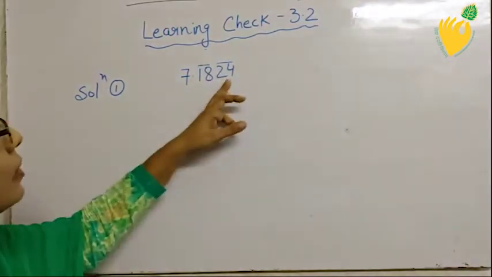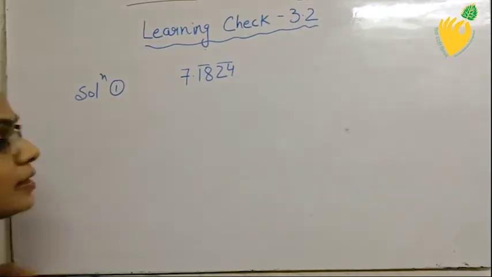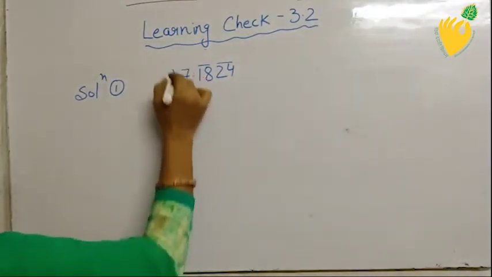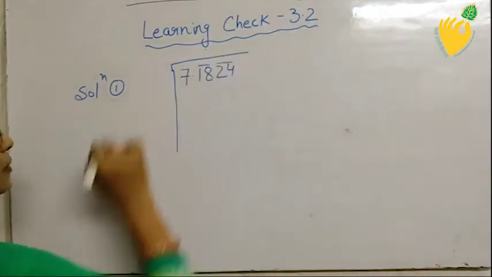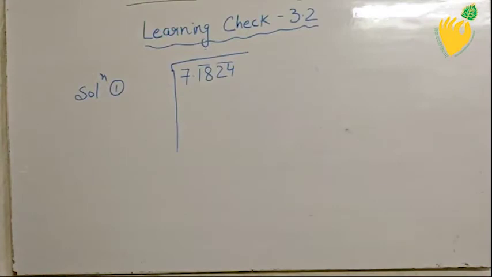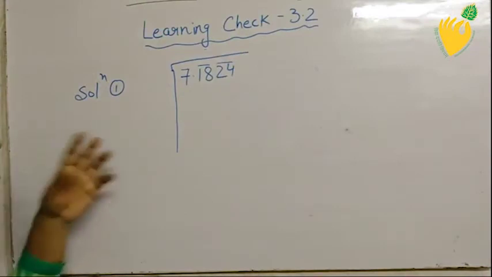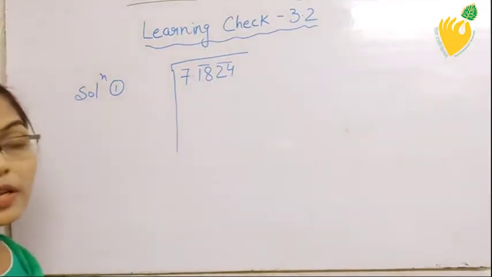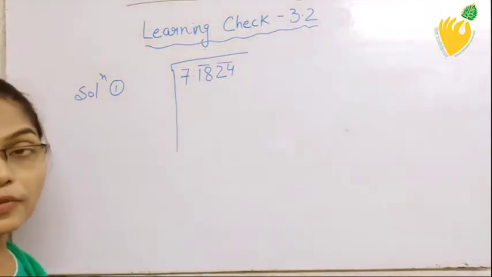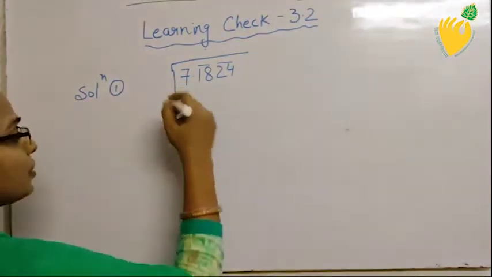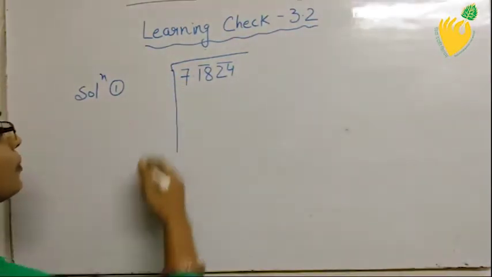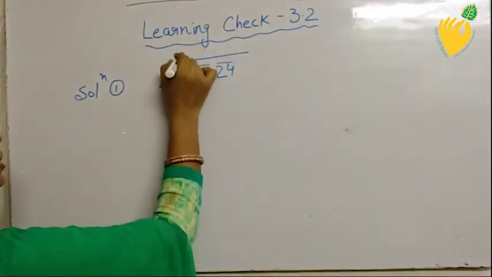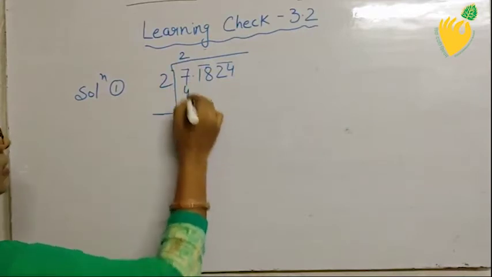So you will make pairs of digits from the right hand side, and using the long division method we will find the square root of this number. And we will first recall the table in terms of squares, like 2 2 is 4, 3 3 is 9, 4 4 is 16, 5 5 is 25. So 3 3 is 9, which is more than 7, so we will go till 2 2 is 4, and 7